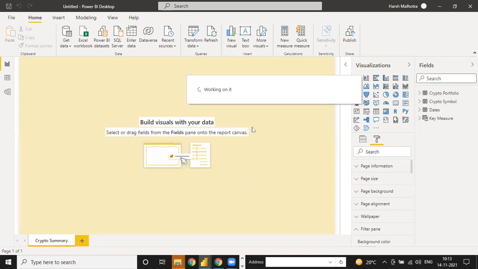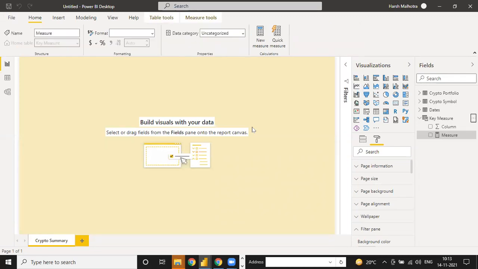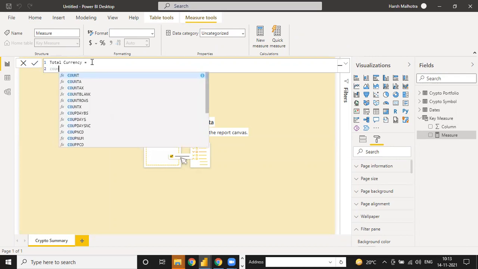So now we need the total number of currencies we have. We have to make a total number of currencies, to count how many currencies we have in our data. It means we need the total count. So you can write it here as total currency. Okay, and now you can use your function.